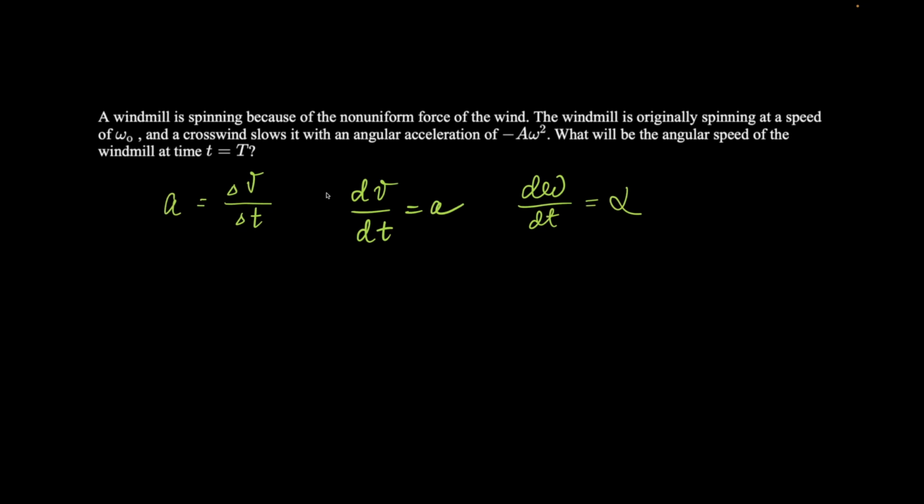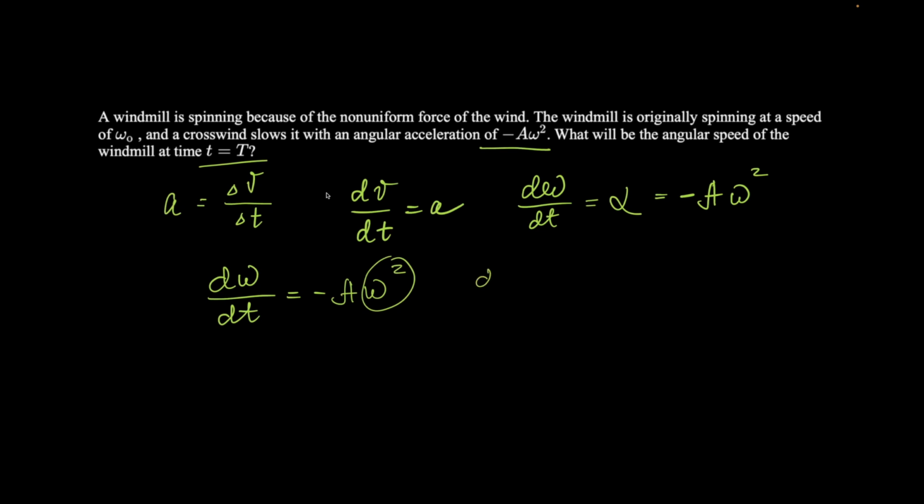In this example here, they tell us that alpha actually depends on angular speed, technically angular velocity, if you will. So we'll say negative a omega squared. They want us to give them the specific value of velocity at a given time that equals t. If I write this like that, now let's rearrange this real quick. I'm going to put my omega where it belongs, like so, d omega over omega squared would be equal to negative a